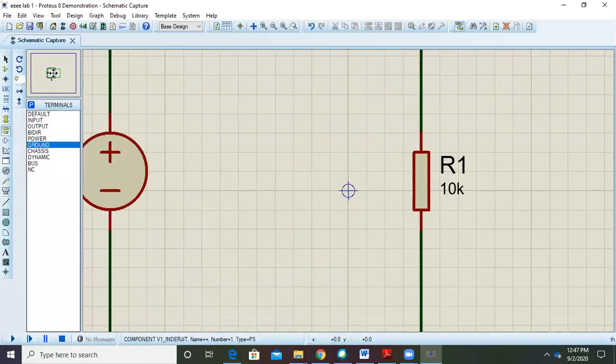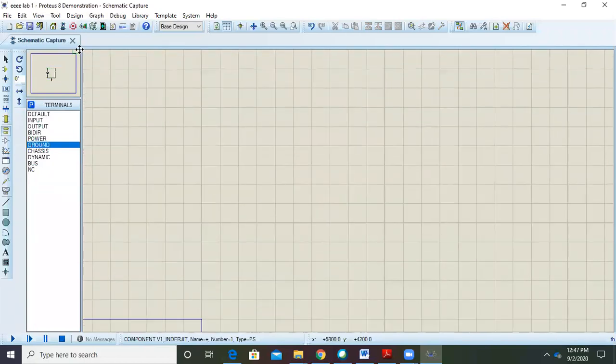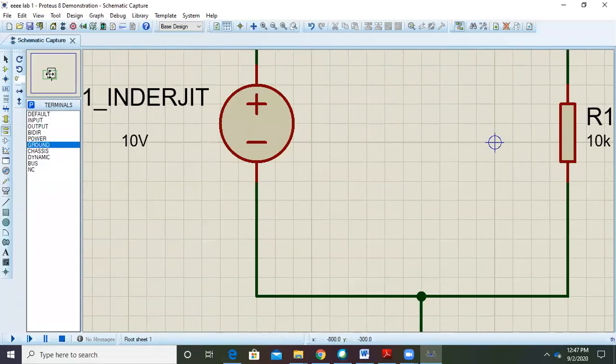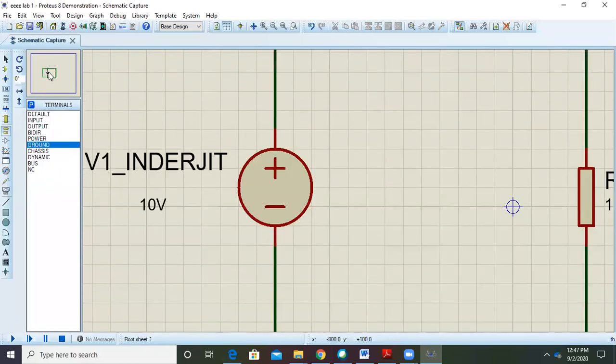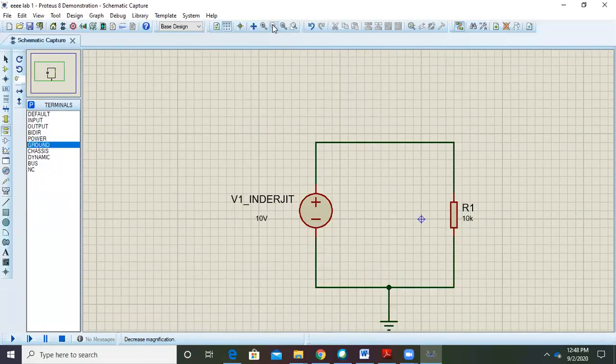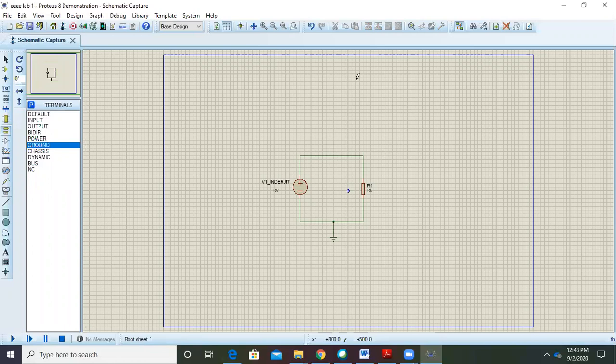The green color is my working space. Also I can minimize my circuit. Just click on it. There is a zoom out button. And if I want to zoom to the entire screen, the blue color screen will come.